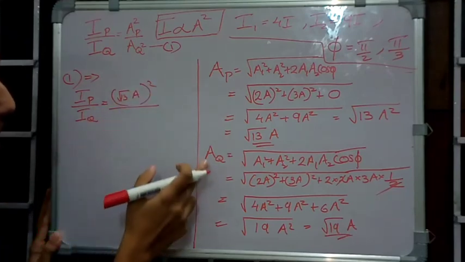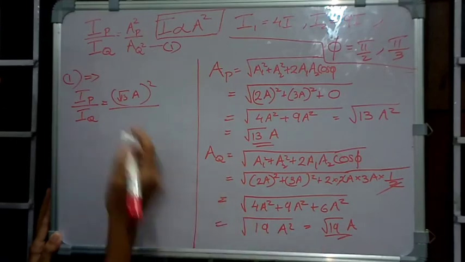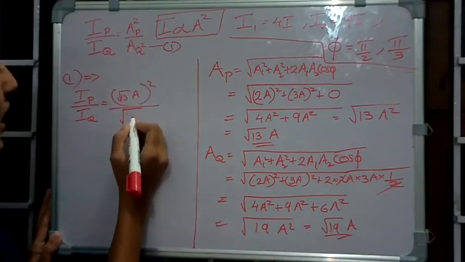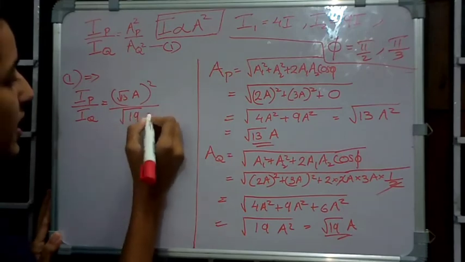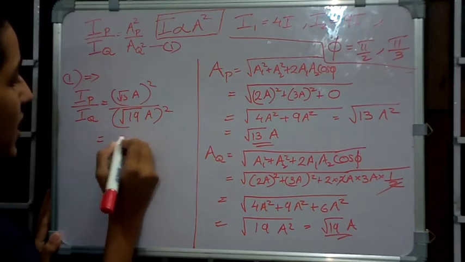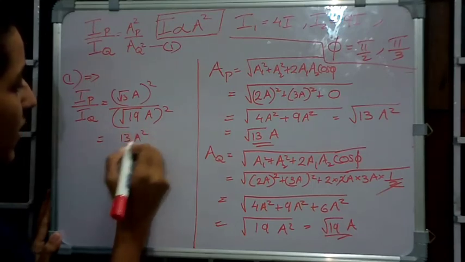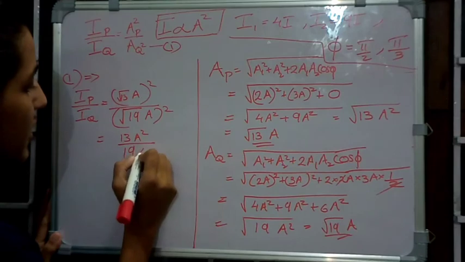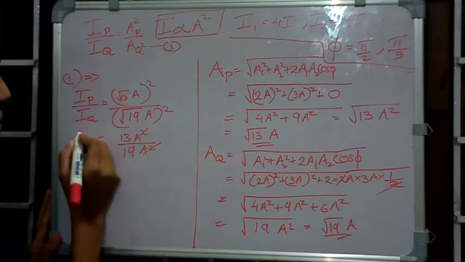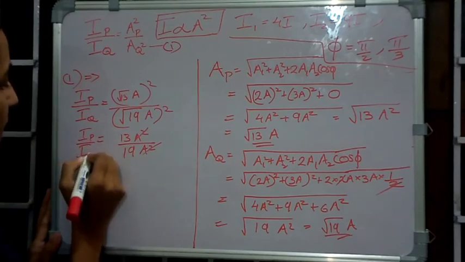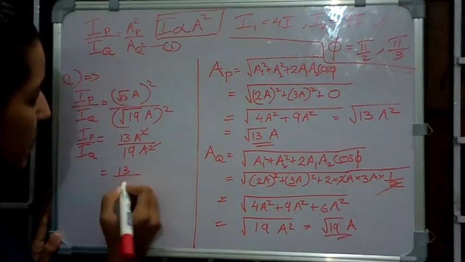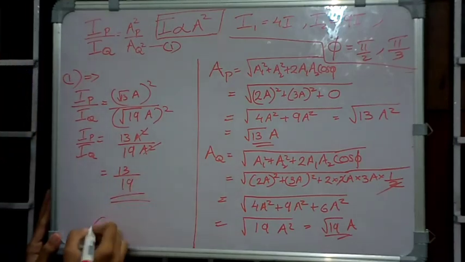And AQ value is root 19A. Therefore, as it is written AQ square, we can write it as root 19A whole square. Therefore, we get the answer as 13A square by 19A square. This A square and A square get cancelled. So, we get the final answer, that is the ratio of IP by IQ as 13 by 19. So, the correct option is option